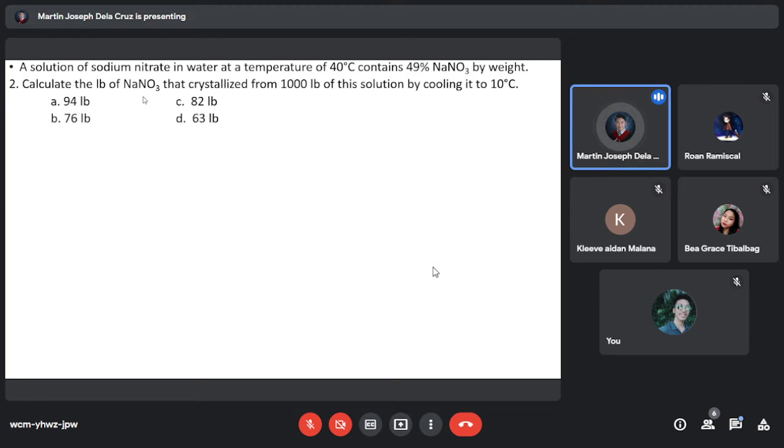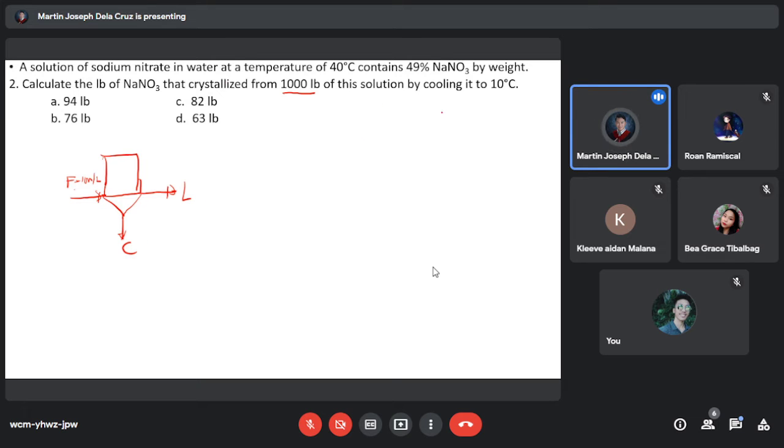So calculate the pound of sodium nitrate that crystallized from 1,000 pound of this solution by cooling it to 10 degrees Celsius. So if we're going to draw your crystallizer, okay? So ganyan kasi siya class, right? So we have here your feed, which is 1,000 pounds daw, di ba? But from 1,000 pounds of the solution. And then we have your liquor. And then we have your